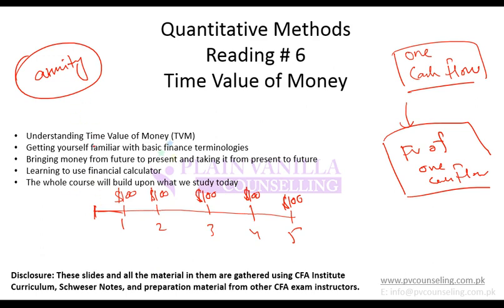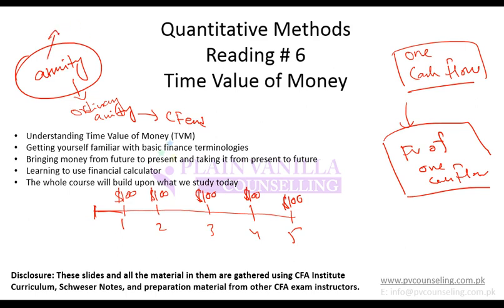Within NVT there can be two cases. Either the first cash flow happens at the end of the year, or it happens today at the start. If it happens at the end of the year, that is the general or usual case, and that is known as ordinary NVT. Ordinary NVT is the one in which cash flow happens at the end of the period. So if you enter into it today, the first cash flow will be received or paid after 1 year, and then after the second year, third year, and so on.